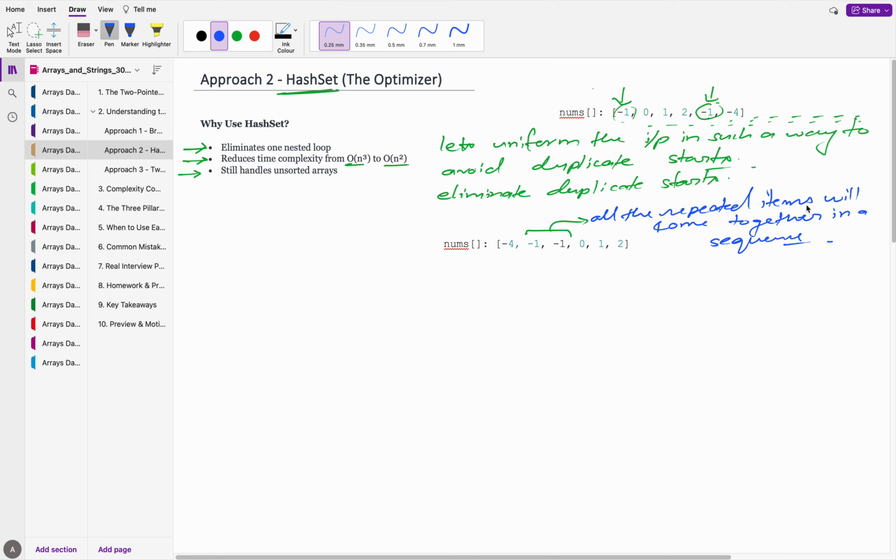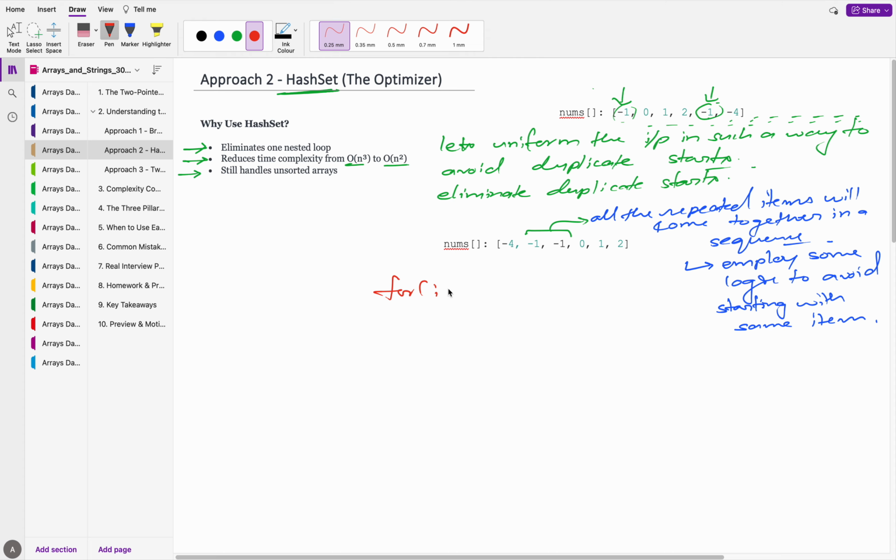So from here we can employ some logic to avoid the same start. Employ some logic to avoid starting with the same item. So what we can do is, let's say through some logic when we are in our first for loop,